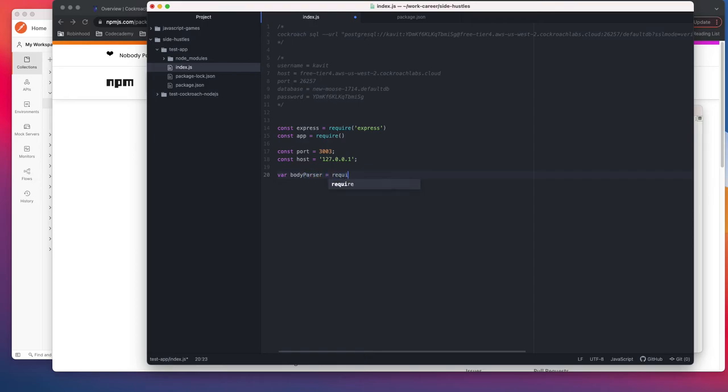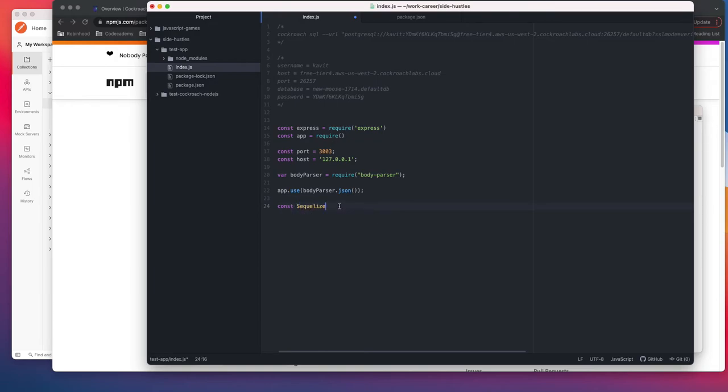That will allow us to take requests in JSON format. So body parser, and then we are gonna use it with app.use body parser.json. Okay, and then we are also gonna import sequelize